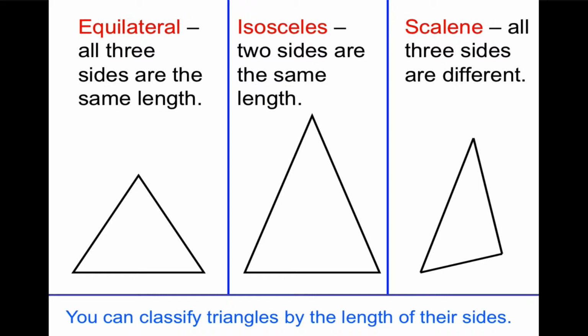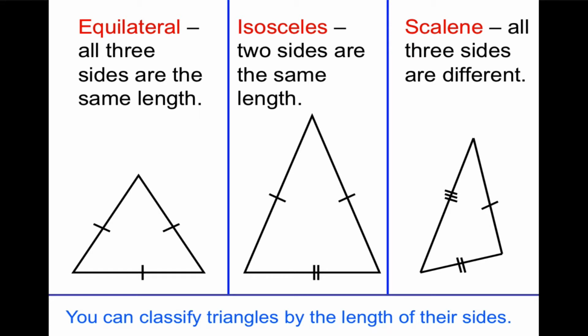So if they have the same number of tick marks, then the sides are equal. So in the first triangle here, because all three sides have a single tick mark, that means all three sides are the same. In the second triangle, the isosceles, it has one tick mark on two of the sides,